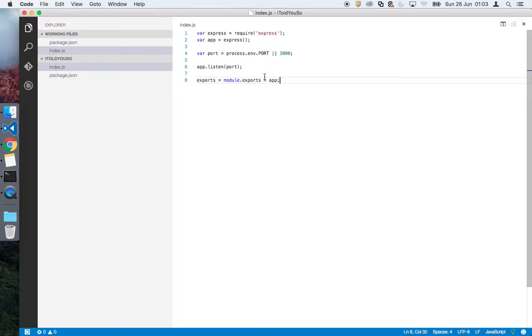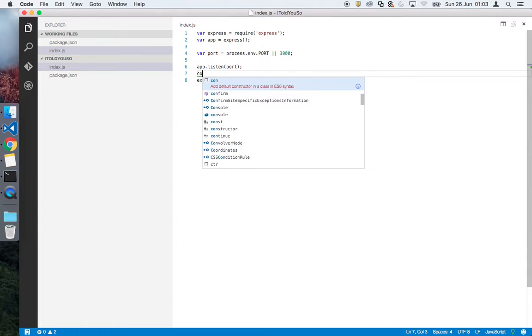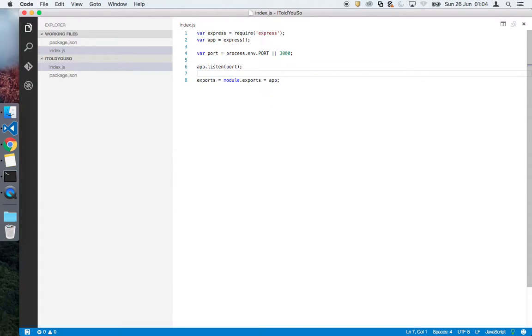In fact, let's add, no, let's not add console logging. No, let's do that. Let's add logging. So when our application starts listening, we basically want to tell the developer that, hey, look, I told you so is